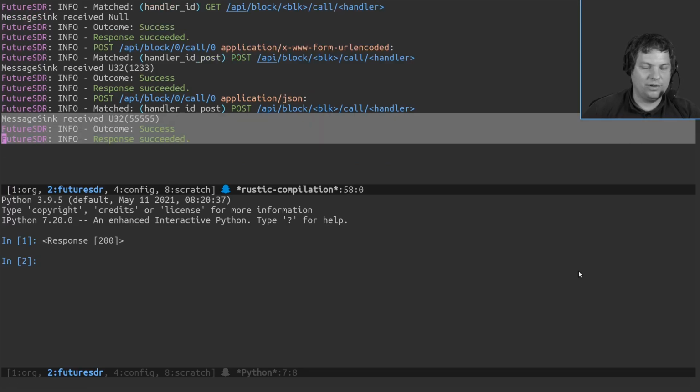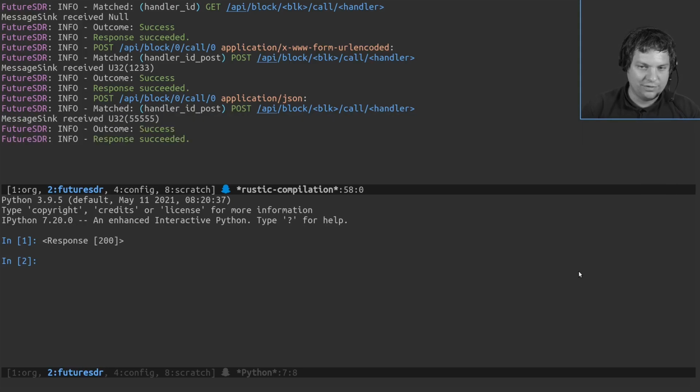Yeah, so the flow graph received it. So it basically means you can just add message handlers to your blocks and they will automatically be exposed to the outside. And you could now just go write a Python script that calls these API endpoints to change frequencies or to change gains or whatever, or get status information from the flow graph and just have it interactive. I mean, all these web libraries, they are very well maintained and easy and accessible, and there are tons of tutorials with them. So I think it's a very easy way to interact with a flow graph.